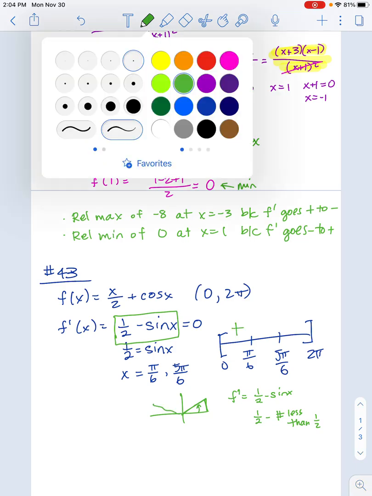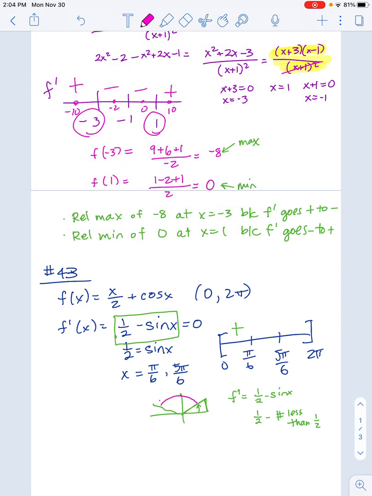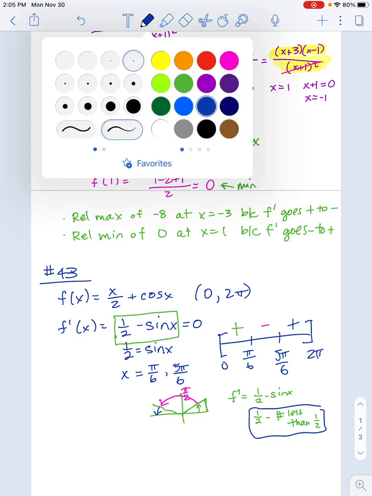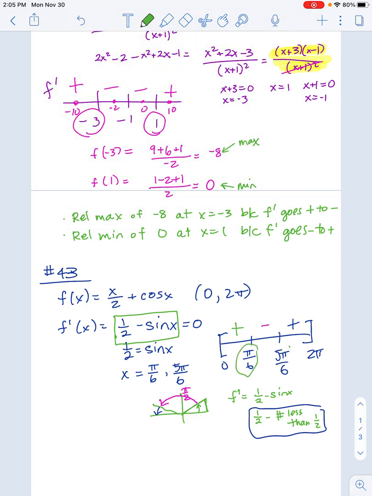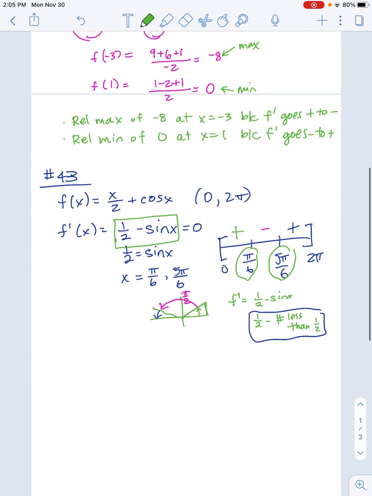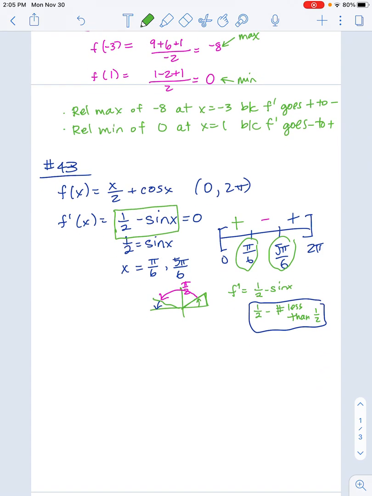And then in this next interval, from pi 6 to 5 pi 6, you could actually plug in pi halves. So 1/2 minus sine of pi halves, which is 1, is negative. And then if we go back to this last interval here, 5 pi 6 to 2 pi, again, we're in the same situation as we were before. So this is positive again. So I have a relative maximum here and a relative minimum here. And then they just have to go into the original to figure out